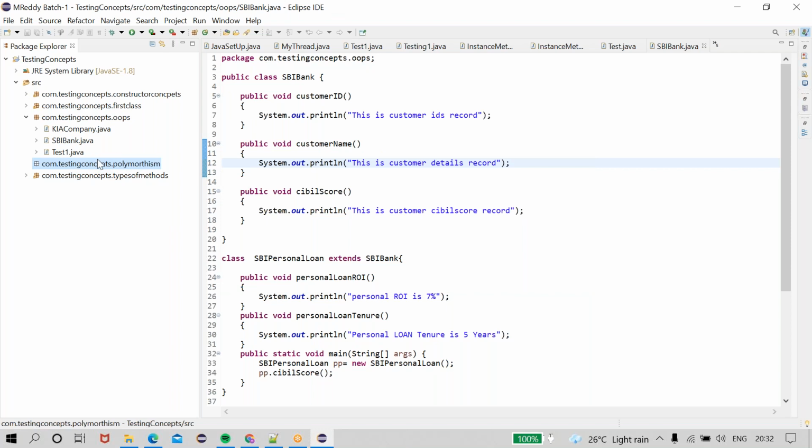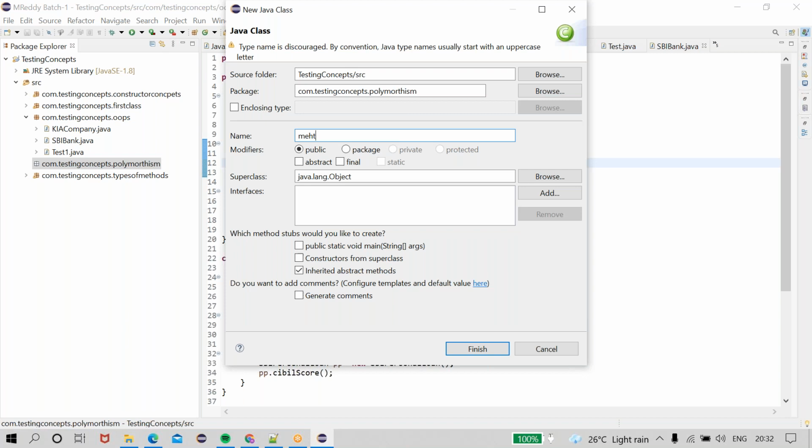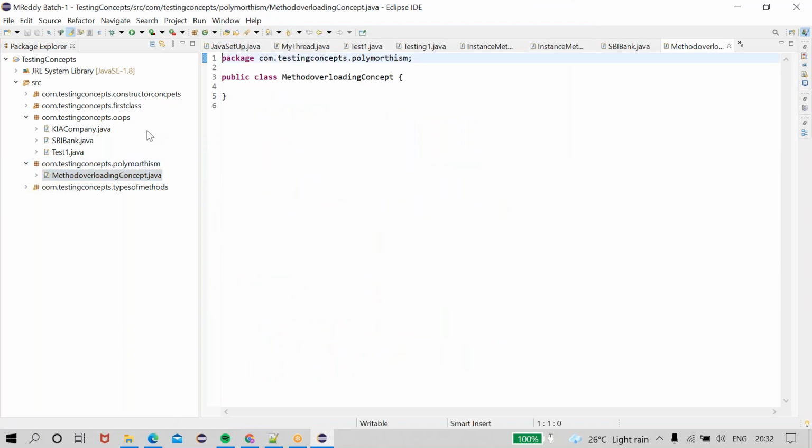So I'm going to create one class here. The class name is method overloading concept. I created one class. See, what is the rule of this method overloading? If a class contains one or more methods,